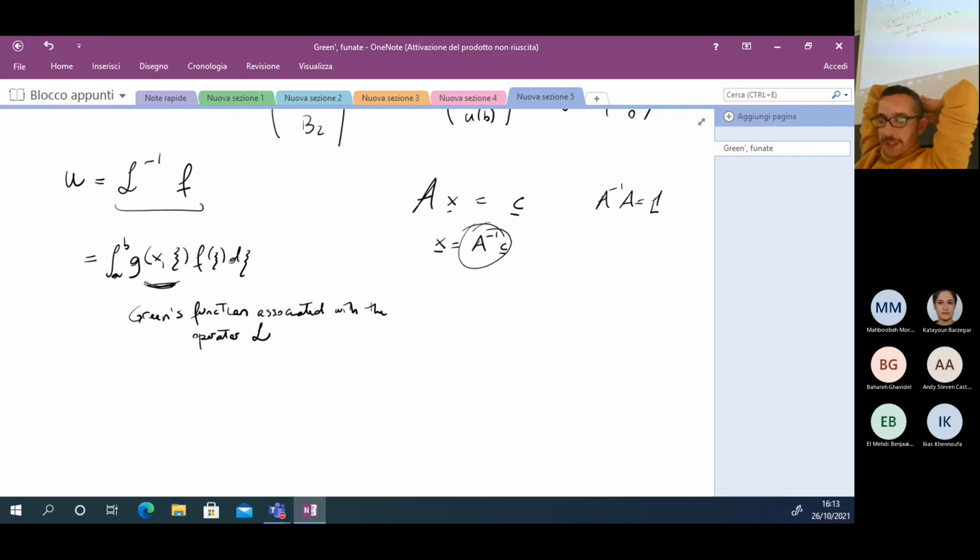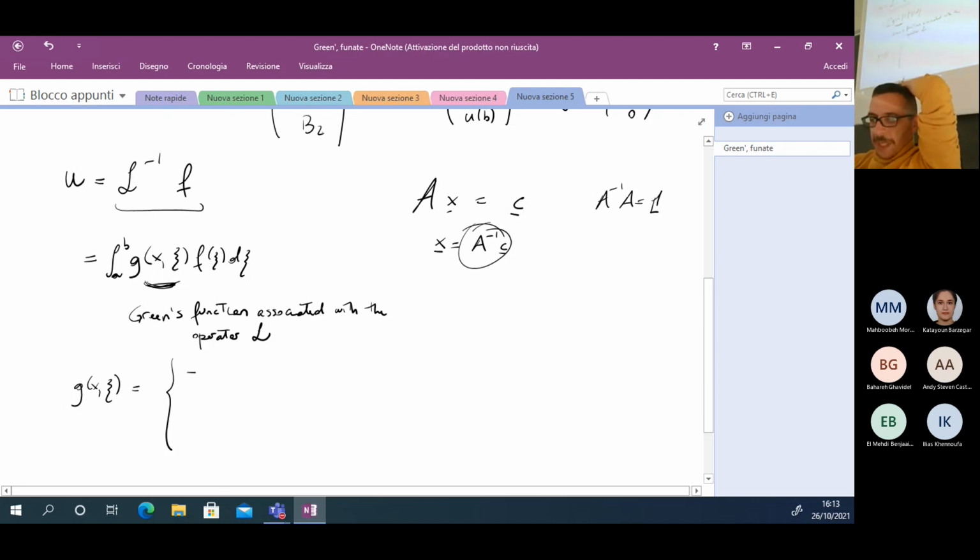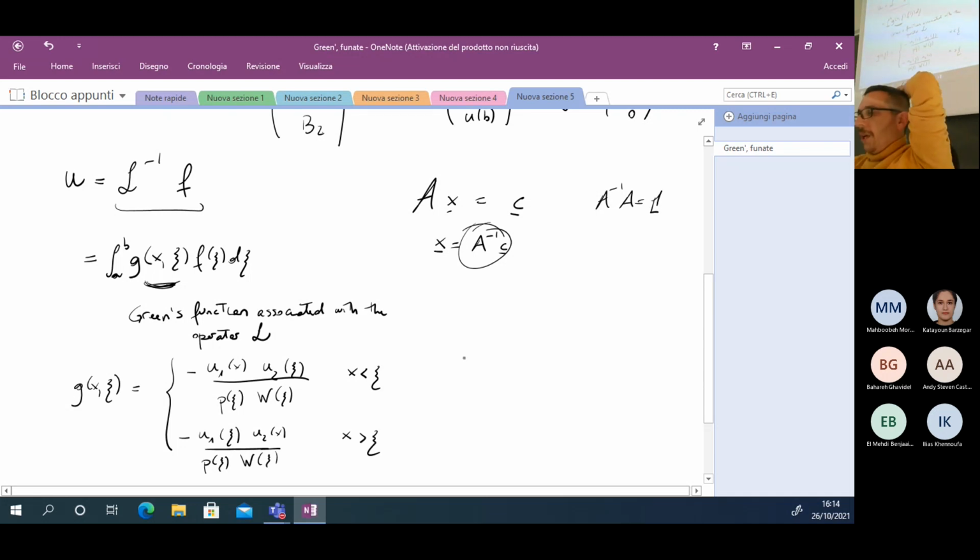And what I would like to prove is that this Green's function exists for the Sturm-Liouville problem and is defined by the following formula: g(x,c) is equal to minus u1(x) u2(c) divided by p(c) W(c) for x less than c, and minus u1(c) u2(x) divided by p(c) W(c) for x larger than c, where